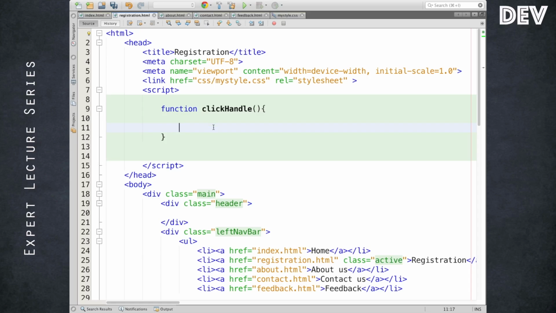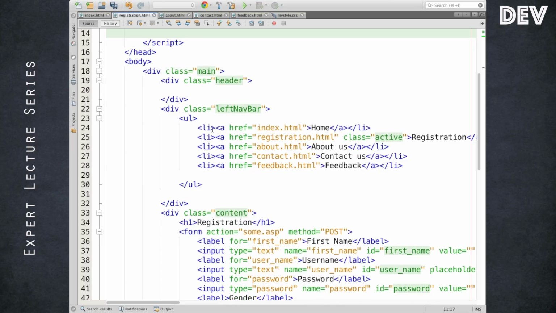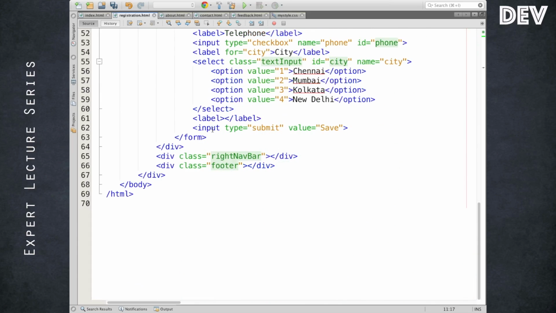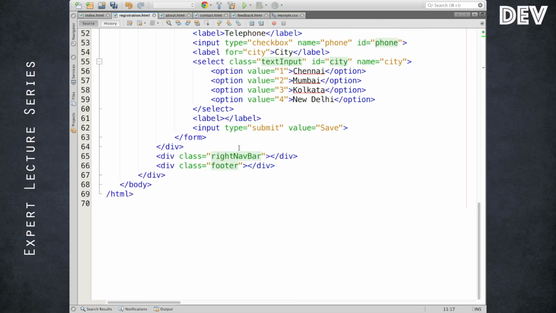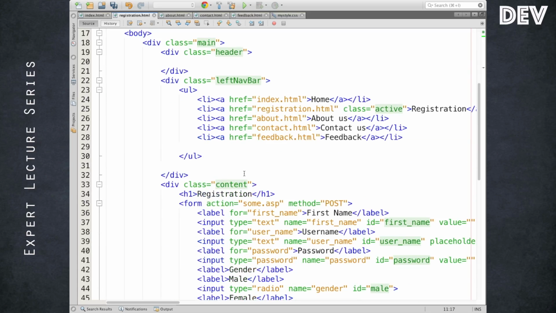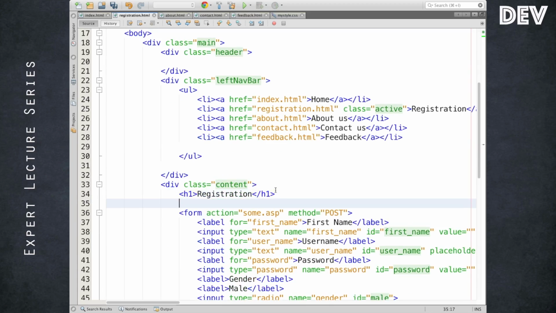So the function can be called from the HTML elements or from the DOM when some action is performed. For example, forget about the form for some time. There's one more element called button.